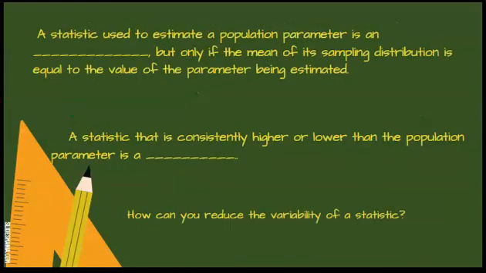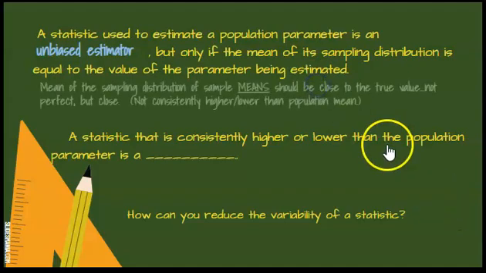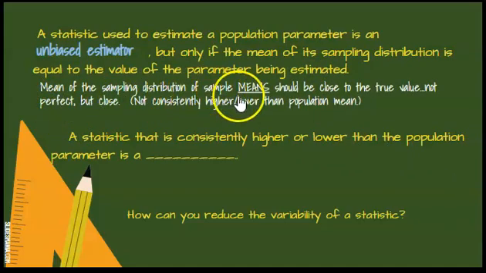All right, a statistic used to estimate a population parameter is an unbiased estimator, but only if the mean of its sampling distribution is equal to the value of the parameter being estimated. What the heck does that mean? That means we call it an unbiased estimator if the average of all my samples is close to or equal to the actual population average, for instance. So, the mean of the sampling distribution of sample means should be close to the true value of the population. It may not be perfect, but it may be close,